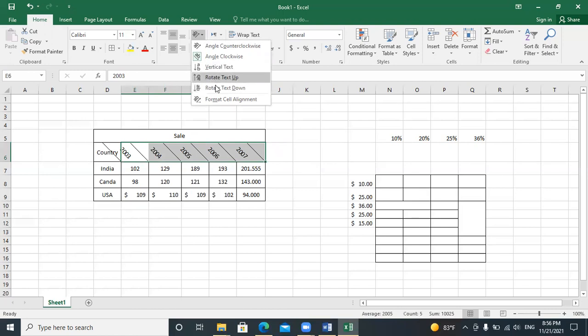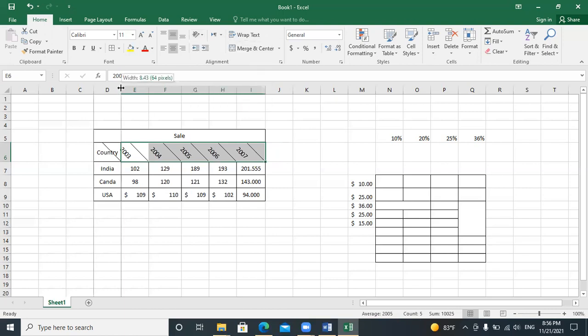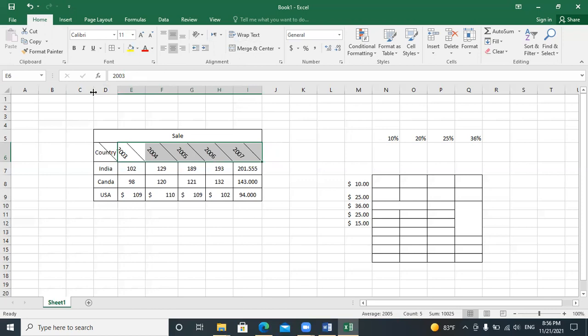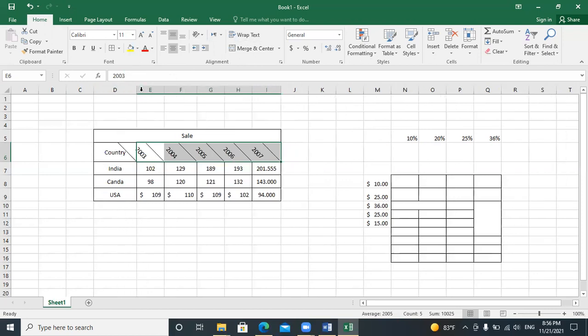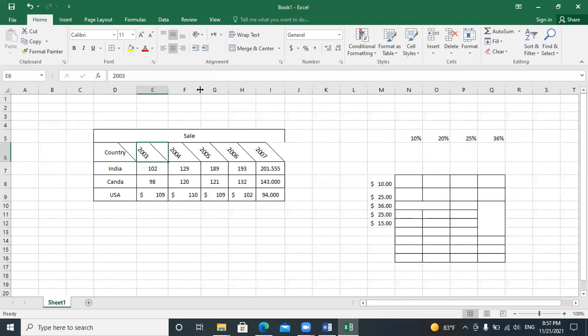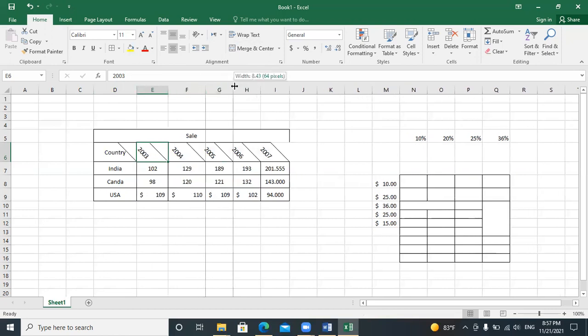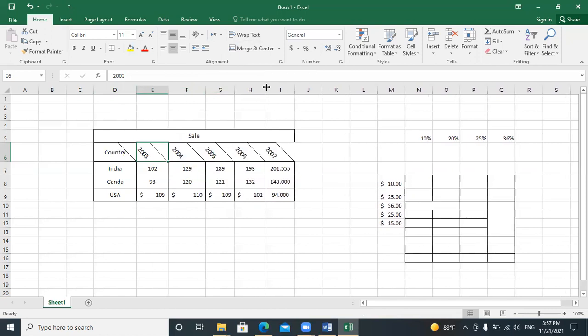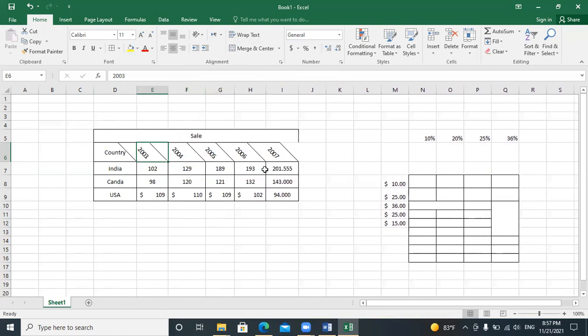So here we have different options. But here I have selected angle clockwise, so I can make it a little bit bigger also. It will be more clear.